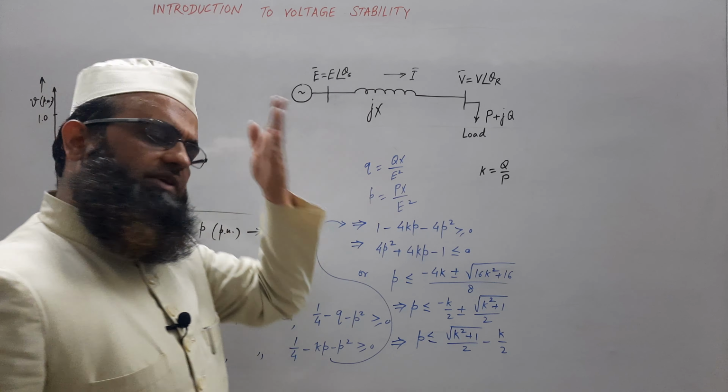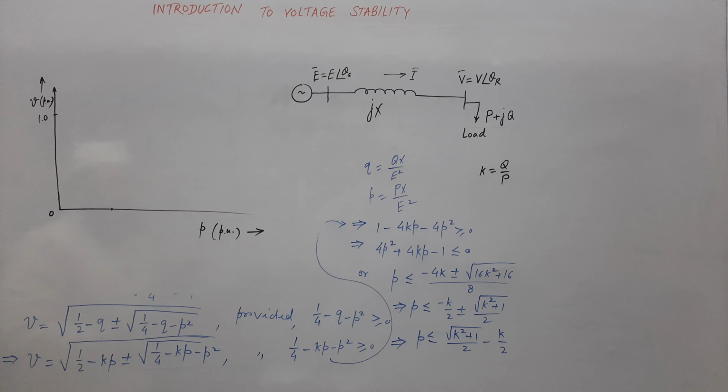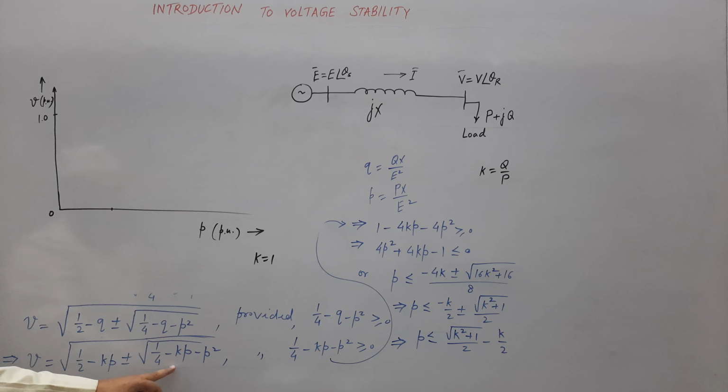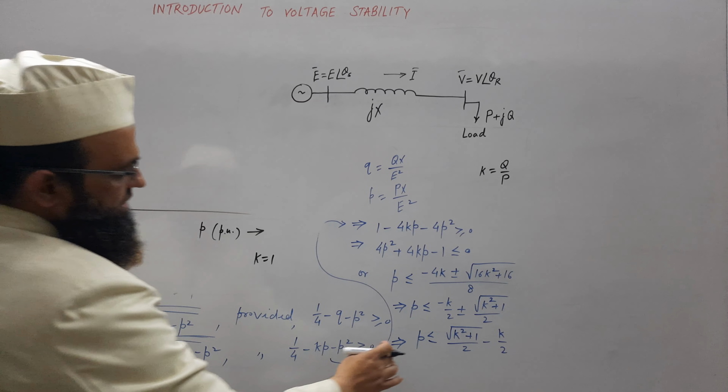So if K is 1, it means Q is equal to P. So for that particular case, at no load, when P is 0, so substitute K is equal to 1, P is equal to 0. So what will be there? If K is 1, P is 0, so this is 1 by 4, fine. 1 by 2, 0.5, K is 1, P is 0, so 0.5, so V will be 1, fine. Just check it. K is equal to, we are taking 1, write down, K is equal to 1. So K is equal to 1 and P is equal to 0.